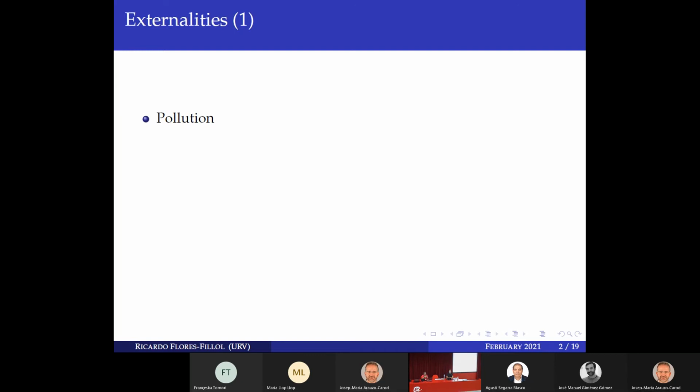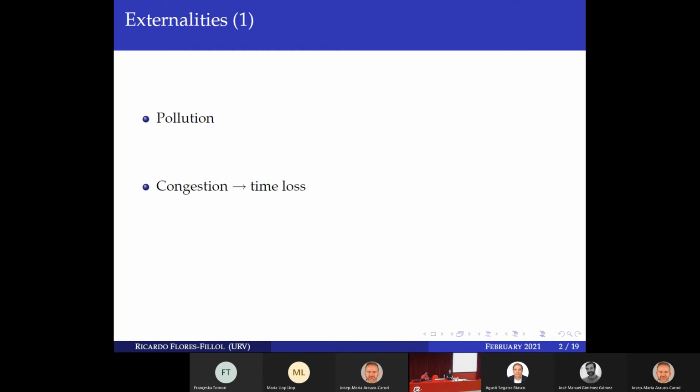In the case of urban transportation, the pollution that is generated is more at the local level. So this is local pollutants, the sort of pollutants that we breathe when we are living in a city. While in the case of aviation, this is more like global pollution that contributes to global warming, etc. So there are these two dimensions of pollution: local pollution and global pollution. Well, this is one externality.